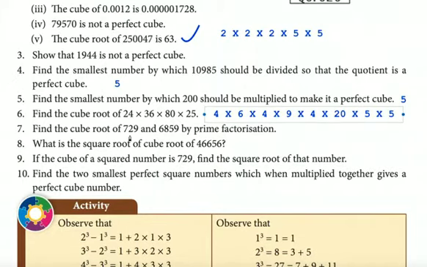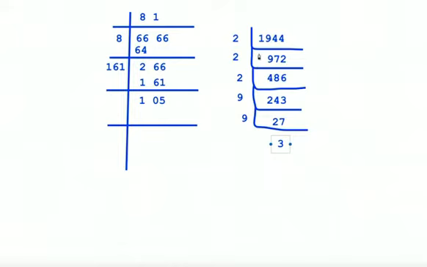Find the cube root of 729 and 6859 by prime factorization. I will do only one. 6859 I do because there are 4 digits. You do 729. 6859 prime factorization. 6859. Oh, 14 plus 10, 24, 24, 23, 28.